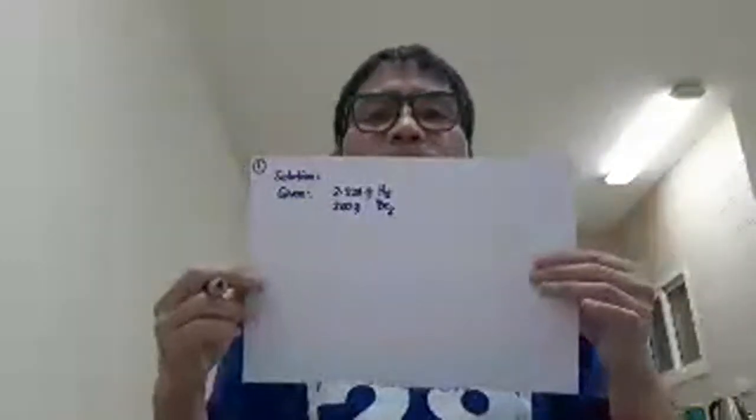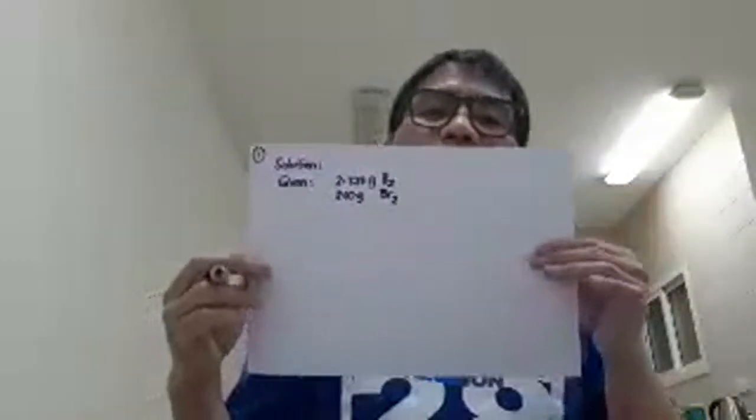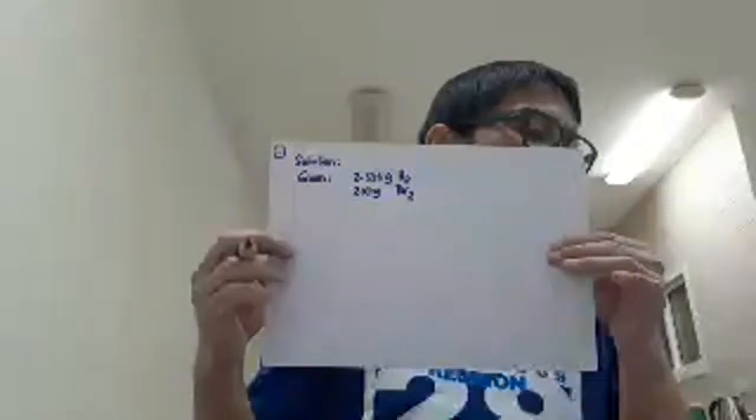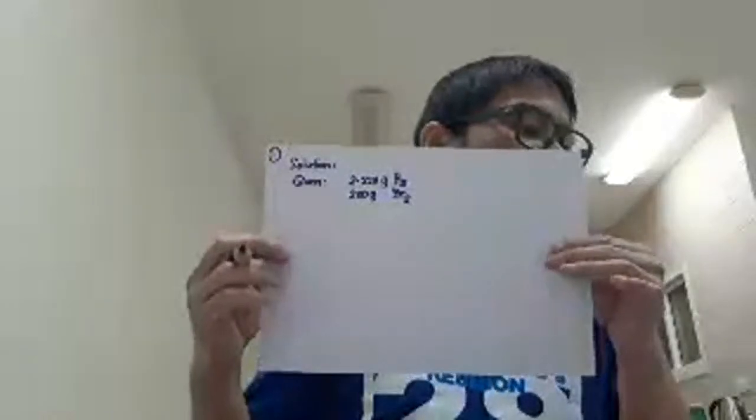Then 200 grams of bromine gas, Br2. This is our given. 2.523 grams of hydrogen gas plus 200 grams of bromine gas are placed in a 450